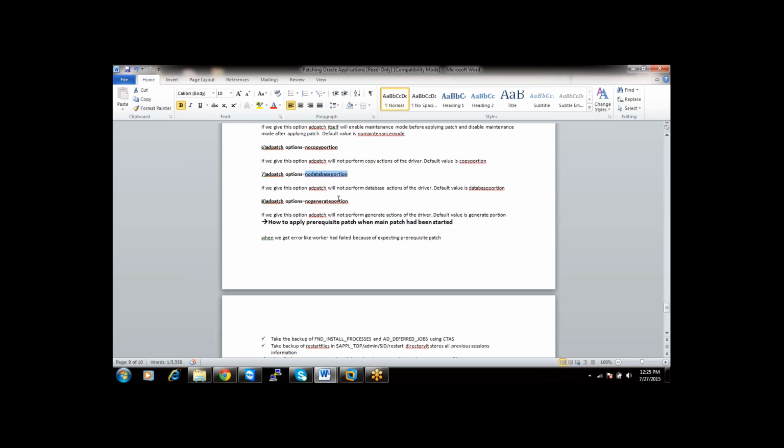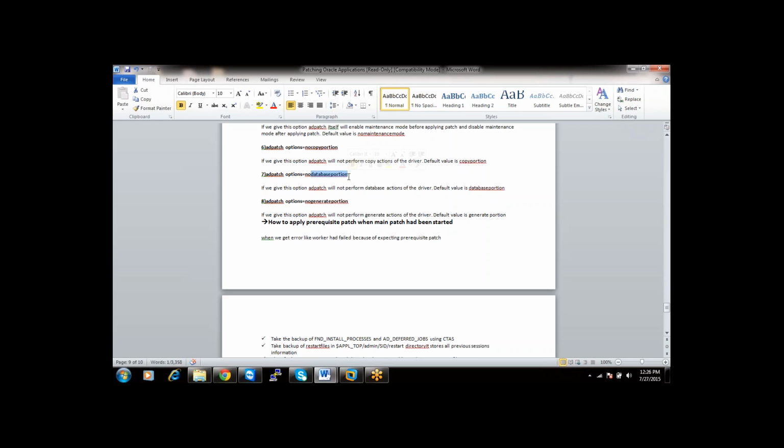If you don't give the option no database portion, what happens? It will try to execute the SQL statements again. The SQL files abc.pkb and abc.pks are already executed in the database. So what is the necessity of executing them again, which is of no use and takes some time? To skip this, you have to understand one thing: your internal applications and your external applications are both associated with the same database.